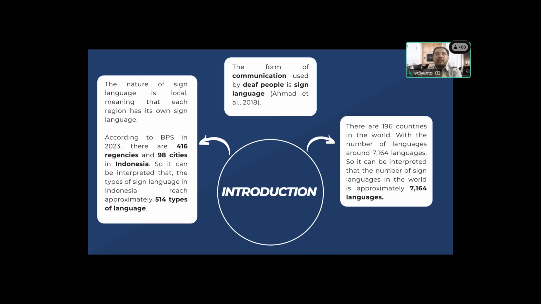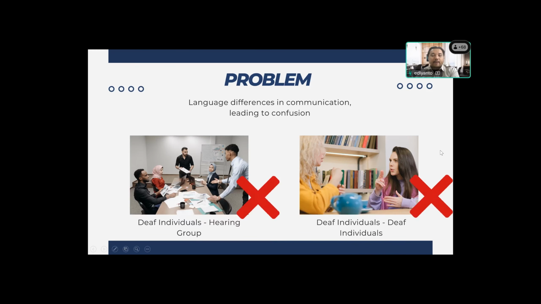Why do we want to develop AI sign language? Yeah, this is the problem. Language difference is a communication problem. Like me, if I want to go to Malaysia,